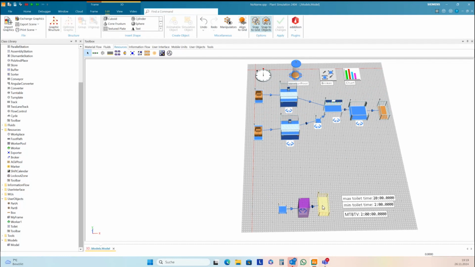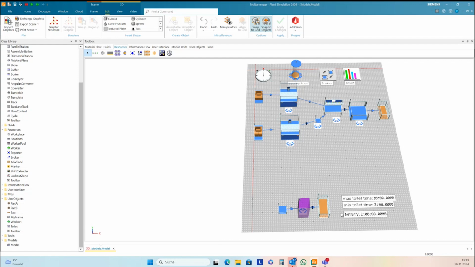Now the approach I want to show you. The worker should randomly create some kind of toilet job, it's an MU. And the MU will enter into this block and will change the service so that only the worker that wants to go to the toilet is requested here from the broker. And this we make with a random duration. We have to set it here in the toilet entrance control.